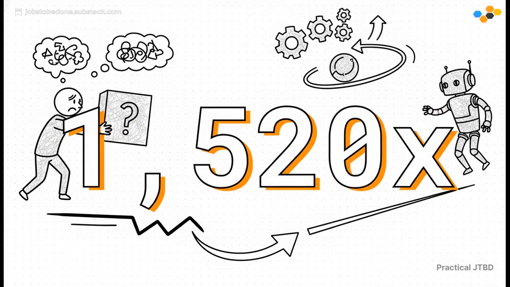50. You see where this is going, right? That means we are paying a premium of over 1,500 times just for the privilege of having humans do a very simple robot's job. When you see it like that, the waste is just mind-blowing. It's a massive flaw in how we operate.